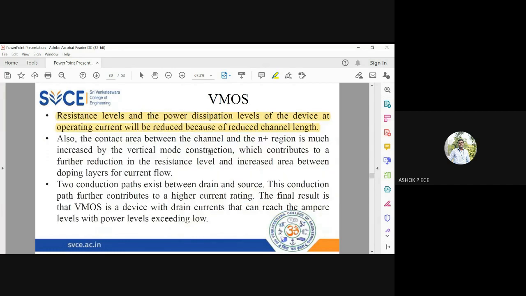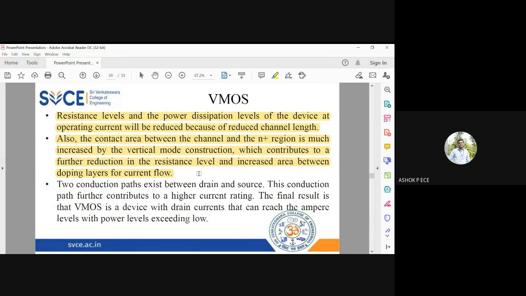So all the other parameters will also be reducing. The contact area can be increased in the vertical mode, which contributes to the further reduction in resistance level, and which will ensure that more current flow is going to happen. Since we are growing the device in a vertical mode, you are increasing the area and reducing the channel length. So with that, the resistance is reduced, the area is increased, so more current will be able to flow